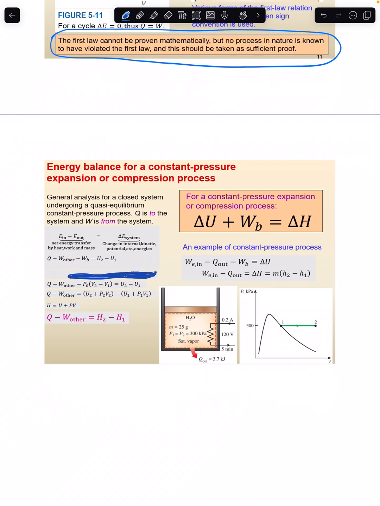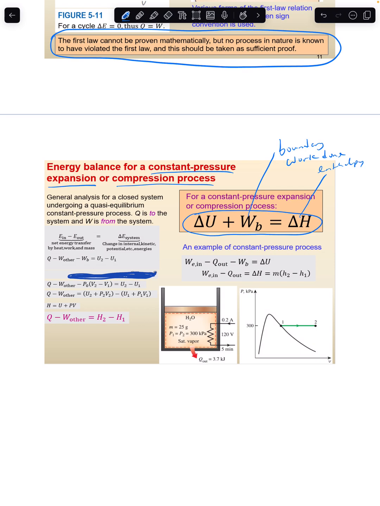Hi everyone, let's look at energy balance for a constant pressure expansion or compression. So the first thing you need to understand, for constant pressure expansion or compression, is that we have this equation that is valid. This is the boundary work done. This is the enthalpy,